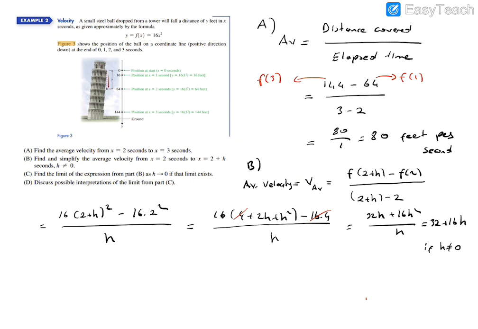So notice that if h equals 1, you can find the answer in part A. The average velocity is 80 feet per second. Okay, from here you can calculate easily. Sorry, this is not 30, this is not 18, so it should be 64. Yes, because of our mistake at that step. This is 64h. Now it is okay. So this is 64.